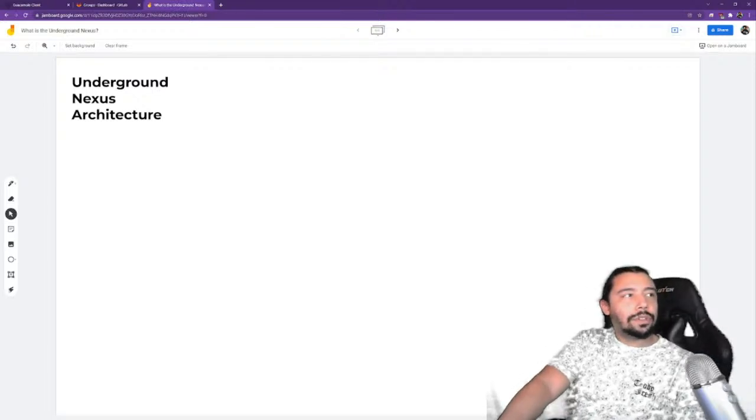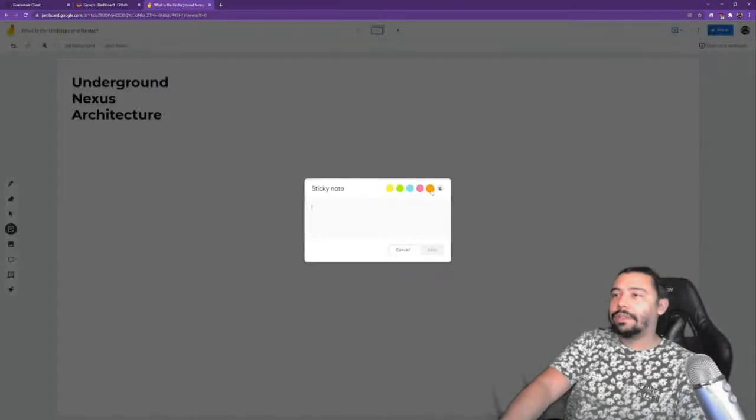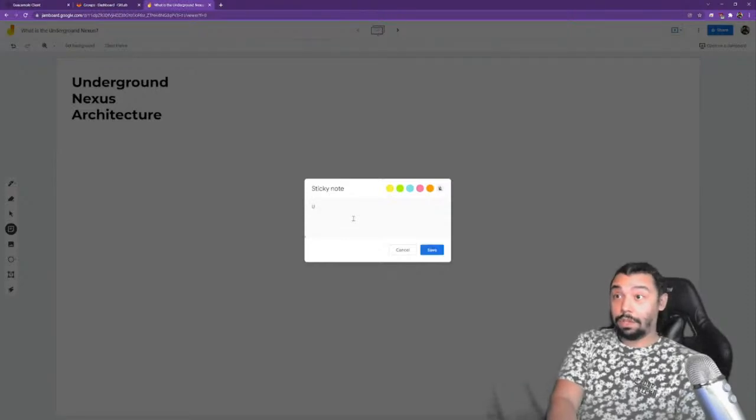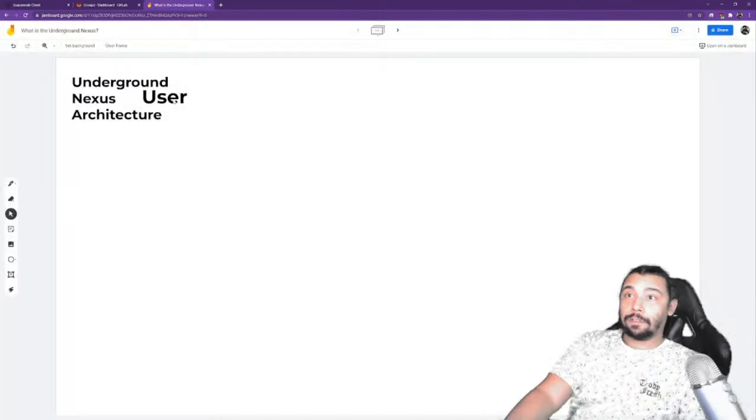Okay, so I'm going to draw out the architecture of the Underground Nexus. So let's start out where the user is, just to keep it simple.